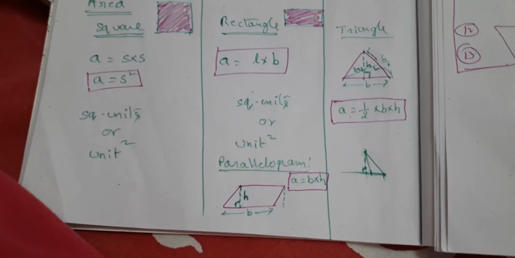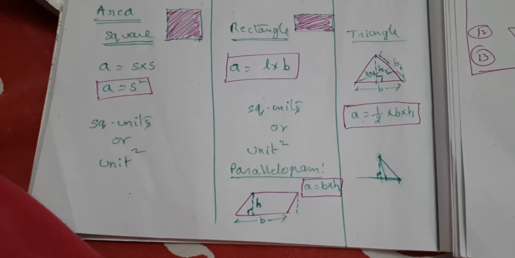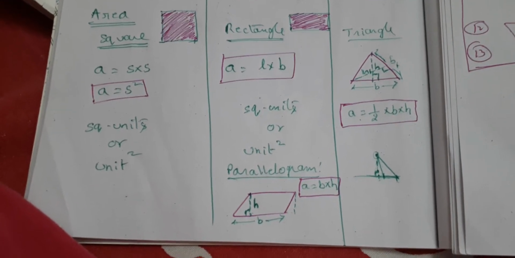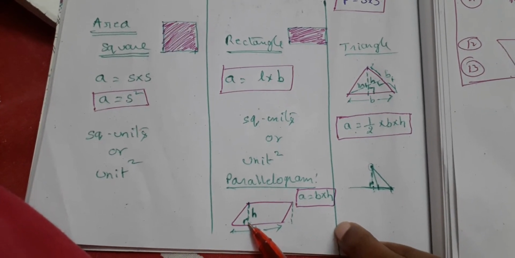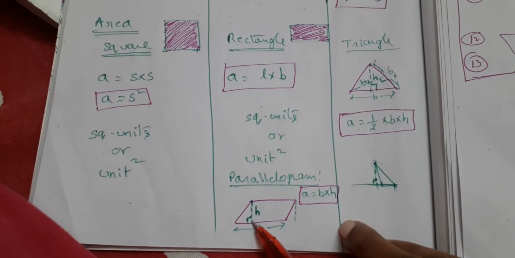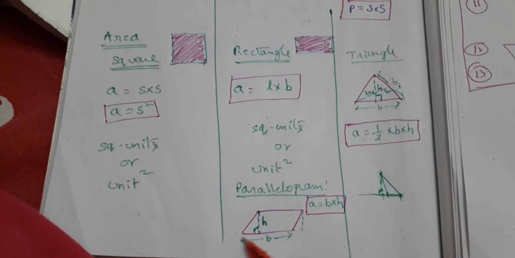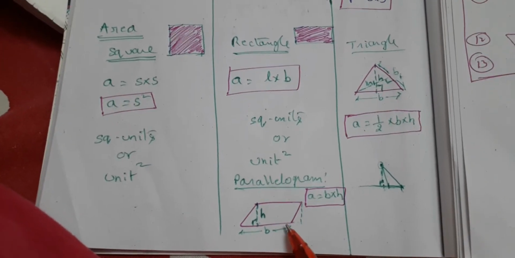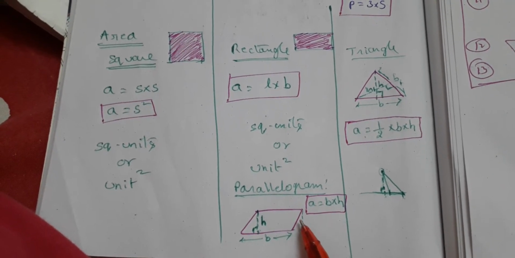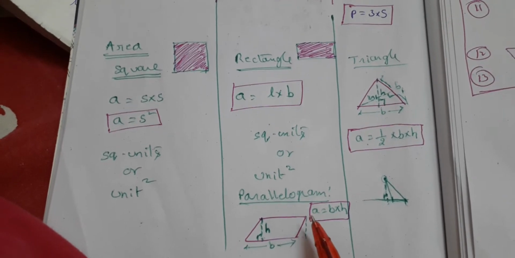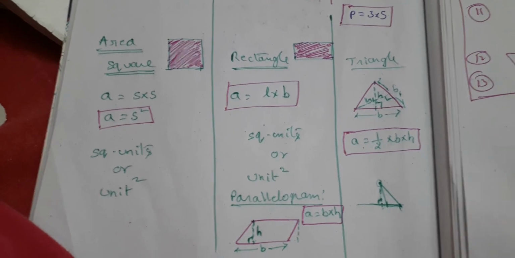And when it comes to the parallelogram, the area of the parallelogram, that you have done already in your 7th standard. That is equal to base into height. Right, height in the sense it is the perpendicular drawn from one of the vertices of the parallelogram onto the opposite side. So this gives you the height. So base into height is the thing. It's not necessary that height is always inside. Height can also be drawn here, extending the base and then making 90 degrees. So area is equal to b into h, whereas in a triangle it is half base into height.